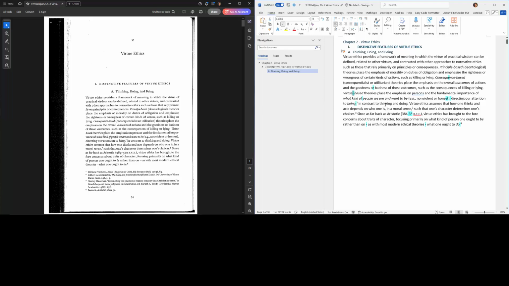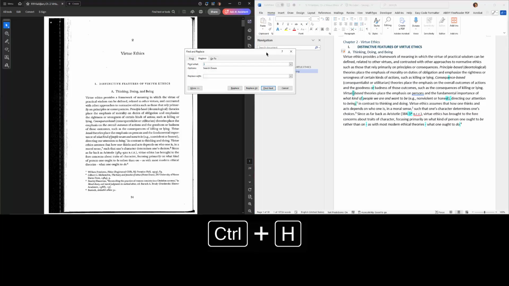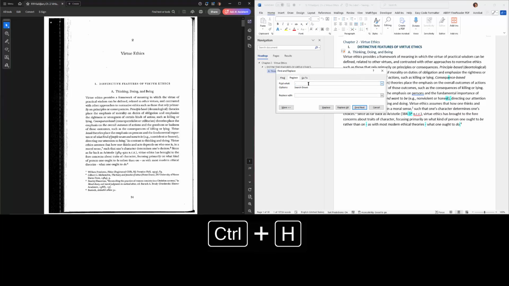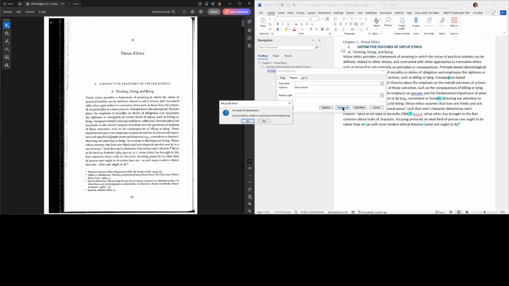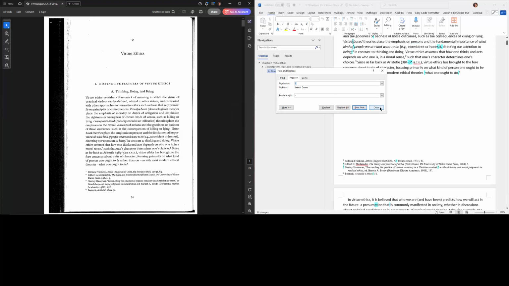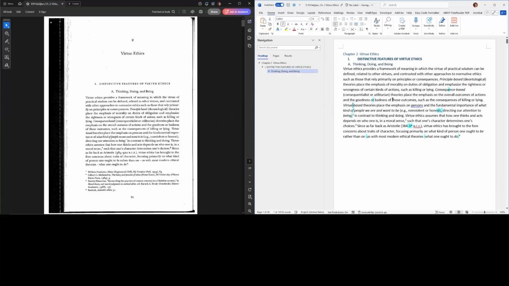So I'm going to copy that, open Control H, find and replace, and it likes to get rid of the space, so I'm going to add the space back. And for these, I am going to have it replace dash space with just dash, and that's a pretty safe thing to do, so I'm just going to replace all. Said it found 30 instances of where it did that, and some of those might be split words that I end up having to replace, like get rid of the dash, but that's okay.